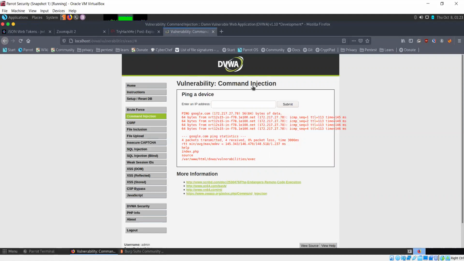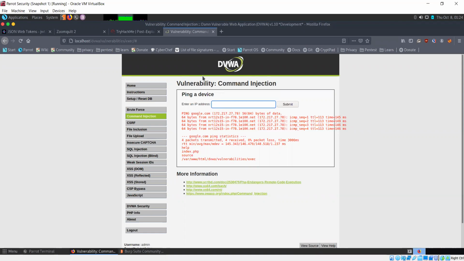Now this is a vulnerability known as command injection. We are able to inject commands into this input field and run whatever commands we want on the server, because this DVWA is a website, it's being hosted on a web server. So whatever commands we are able to run here, these commands are running on the web server.